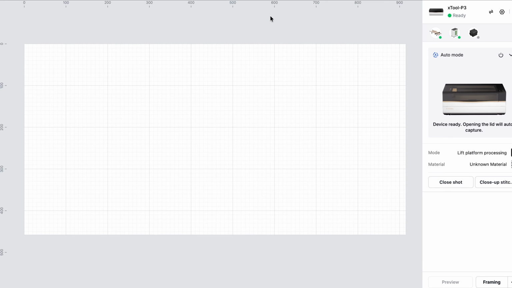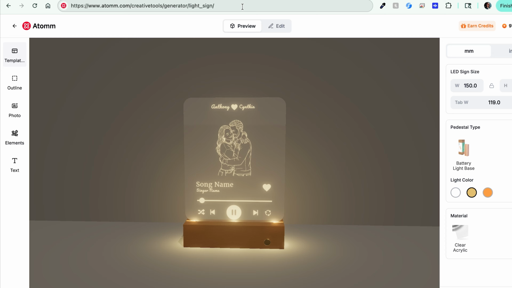Okay, here we are inside xTool Studio. You'll see my xTool P3 is already connected and ready to start burning, but we don't have any acrylic in there and we don't have a design. So to create a design, I'm going to hop over to my browser and we're going to visit Atomm. Atomm is an AI generative assistant for the xTool Studio. And you can get there by going to